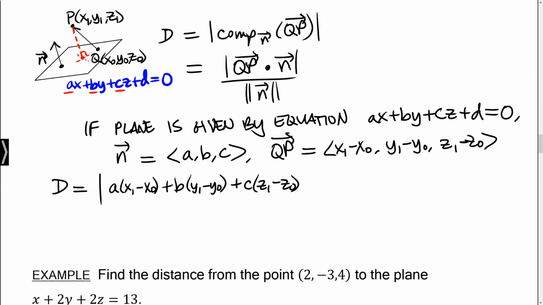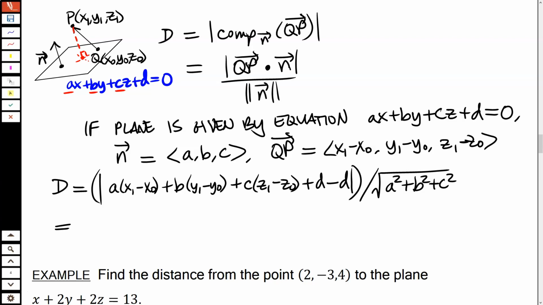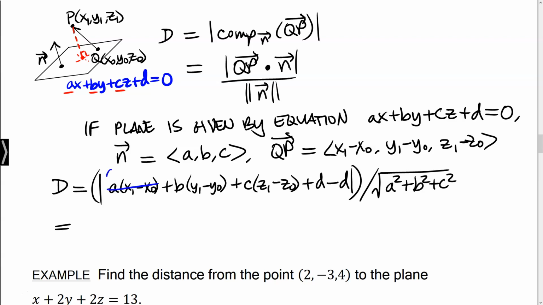Now, if you remember what we wanted to do here, we really wanted to add and subtract the constant. So I'm going to go ahead and do that, thinking back to where we were before. We need a plus d minus d, and this is all going to be divided by the square root of a squared plus b squared plus c squared. That's the length of the normal. So on top, we've got, if I distribute through, again, ax1 minus ax naught,